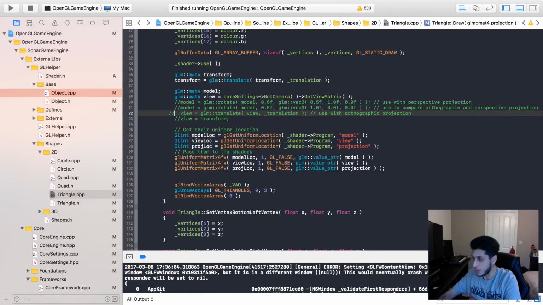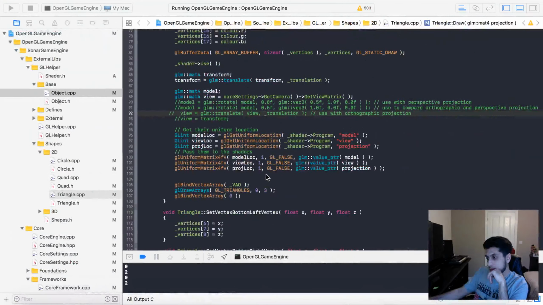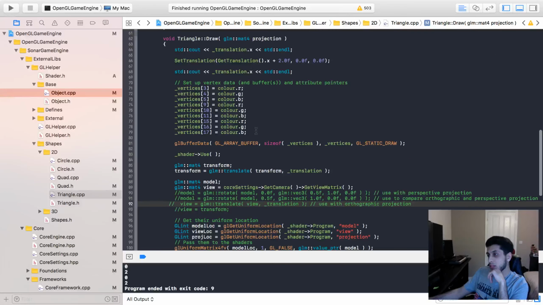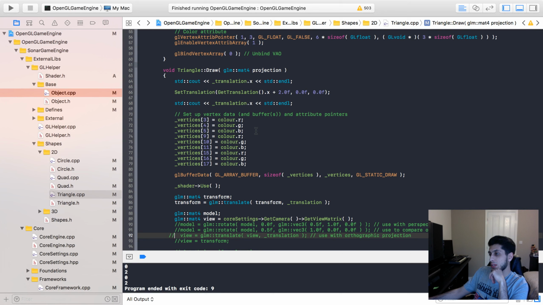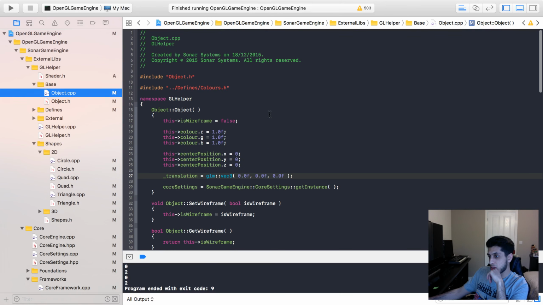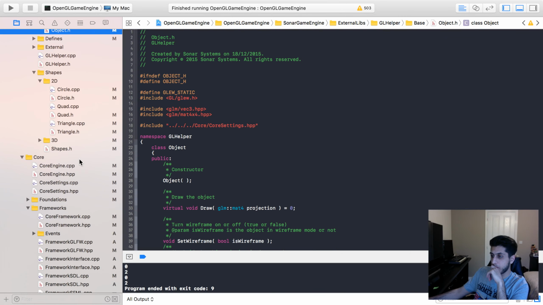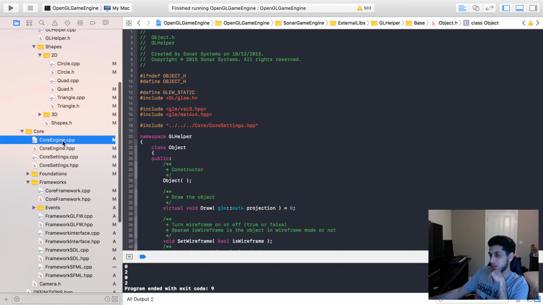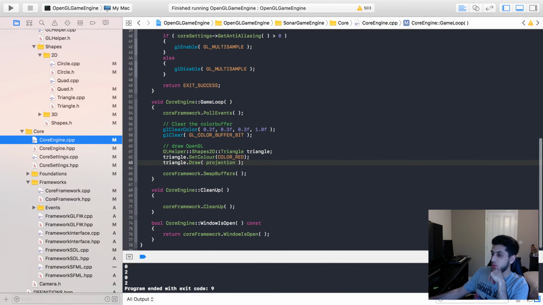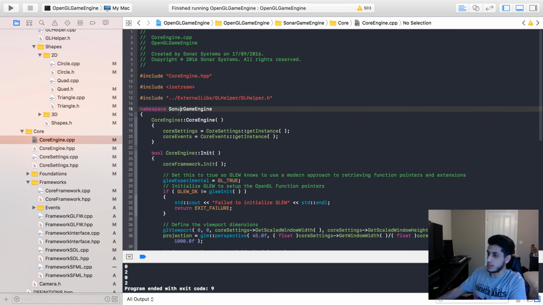Or if I were to just comment this out. Why is it getting set back to 0 at the end? Underscore translation. I think I know why. If I go to core engine, see, I'm creating it every single time here. That's the issue. So if I were to take it out of here and just put it globally for now,